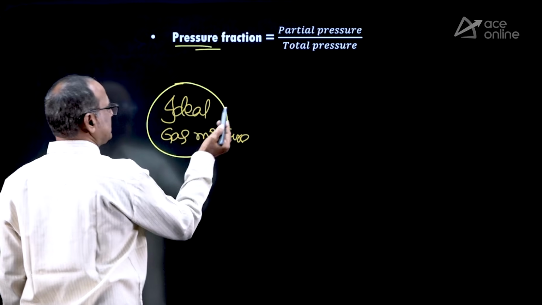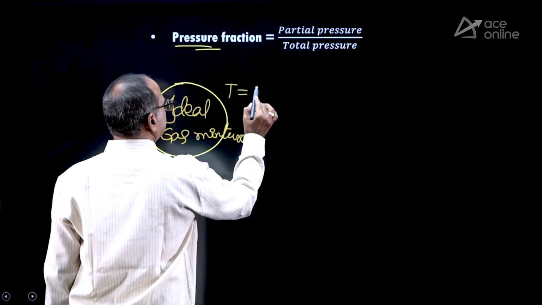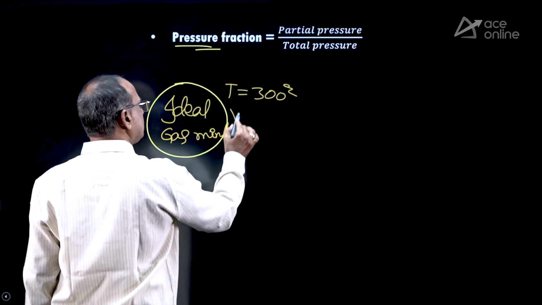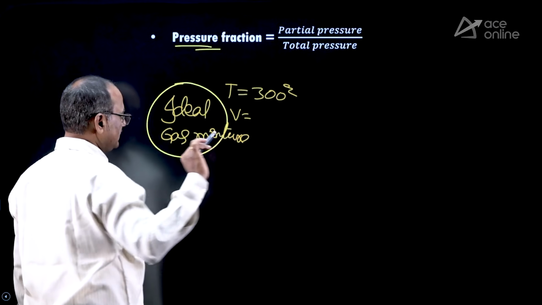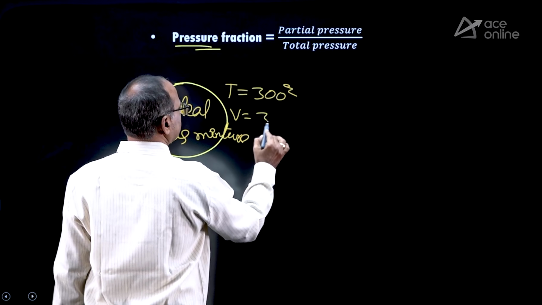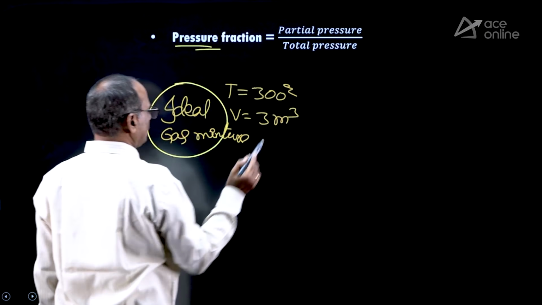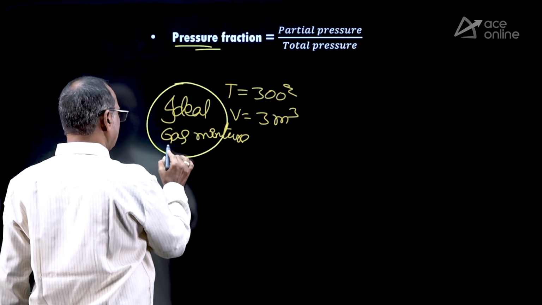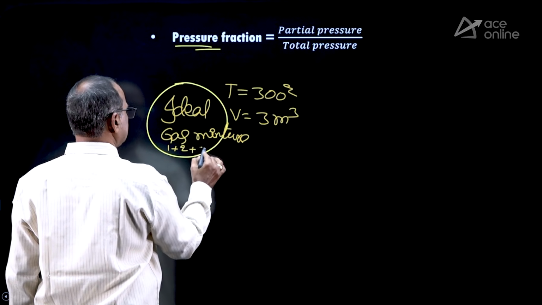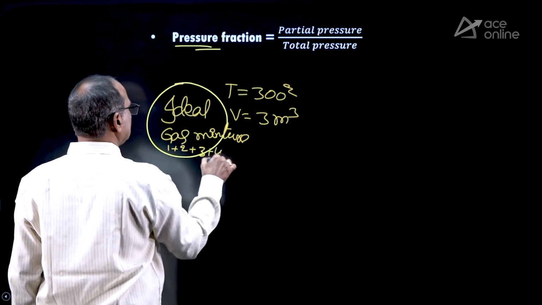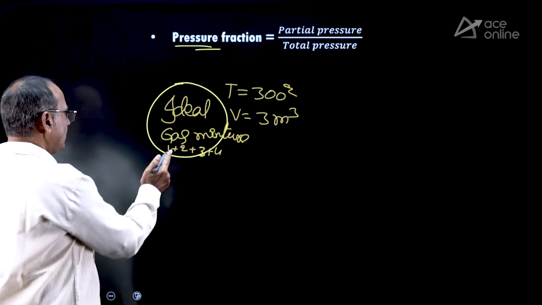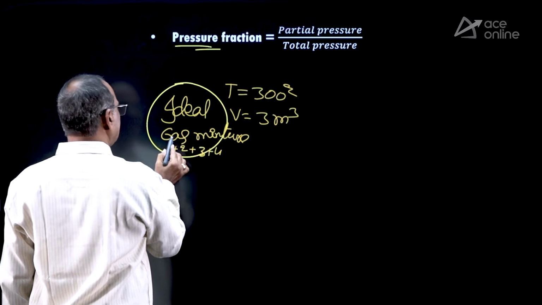Assume that an ideal gas mixture is available at a temperature of 300 degrees centigrade, and the volume of the container where the ideal gas mixture is available is some 3 meter cube. Assume this ideal gas mixture has 4 components, like 1, 2, 3, 4. Now, to decide the partial pressure of one ideal gas in the ideal gas mixture, you